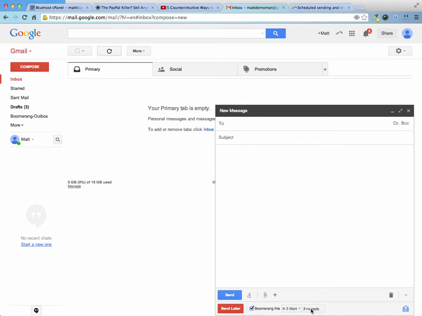In addition to if this person doesn't reply, with the premium offering from Boomerang, you can even specify if you want them to boomerang this back in a specific number of days if the person hasn't clicked on a link that's included in your email, or if they didn't open the link, or just regardless. So these are premium features. The premium version of Boomerang is so affordable. It's unreal. For the personal premium version, it's like $4.99 a month, which in my opinion is well worth it,